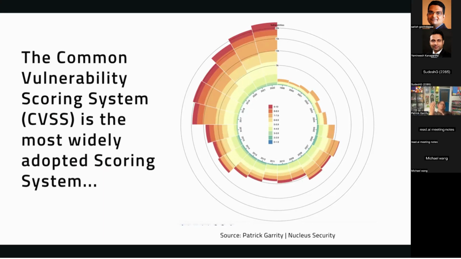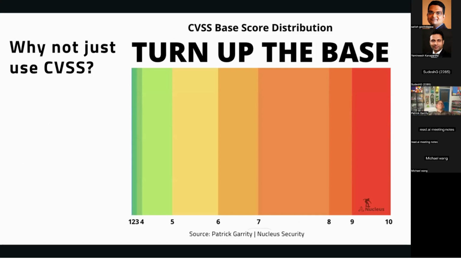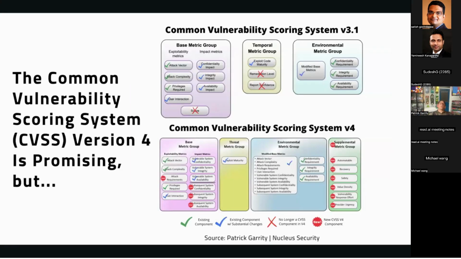So you can see the vulnerability growth, in addition to most vulnerabilities being rated really, really high. And so the scoring system essentially has become very difficult with using the base score, which is what most products support. There are other capabilities, and I don't want to discount CVSS. I have a distribution here. As you can see, the deeper colors show higher scores, 7 or above. So 56% are 7 or above.